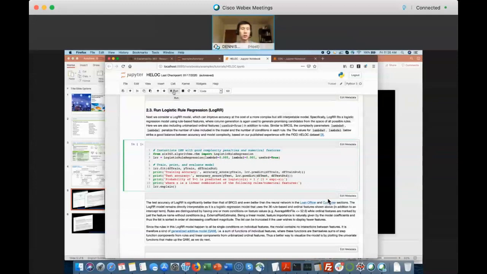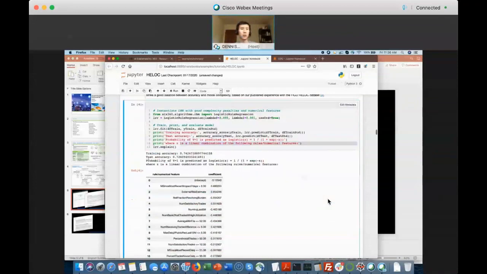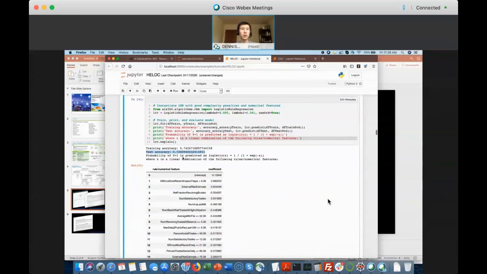So here again, we're calling fit on the training data, and then we're going to score it both on the training and the test data. And then this explain method that I'm calling at the end, it's already finished, is going to print out the whole model. Okay, so if we look at the test accuracy here, we see that it is slightly but significantly better than the one from BRCG. So we get 72.6% test accuracy,